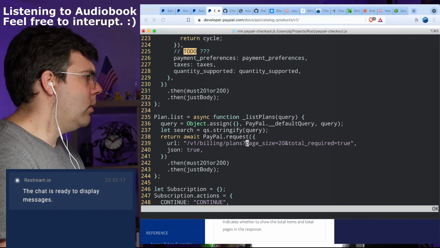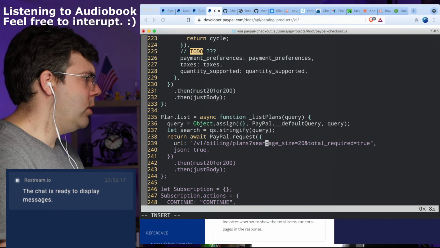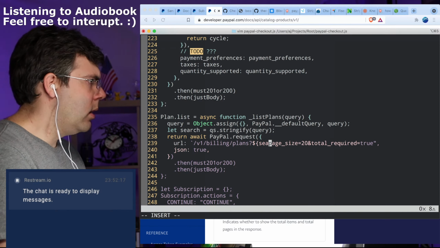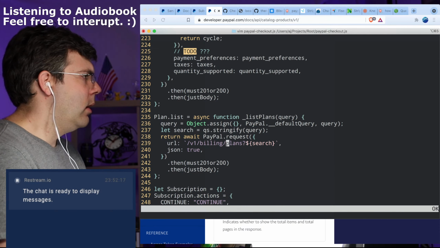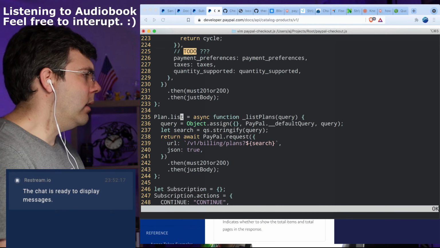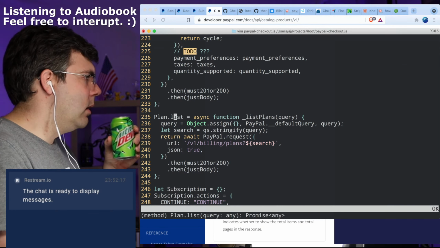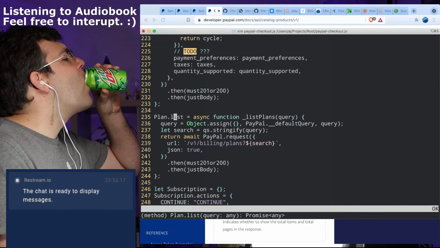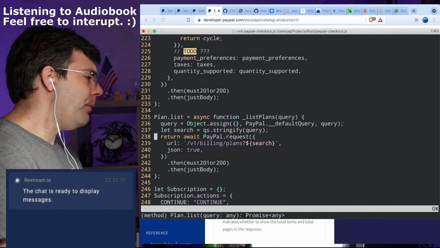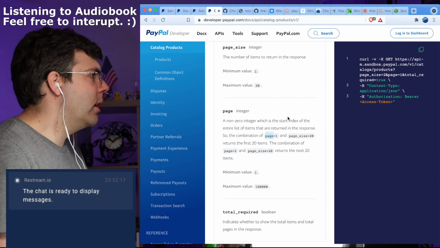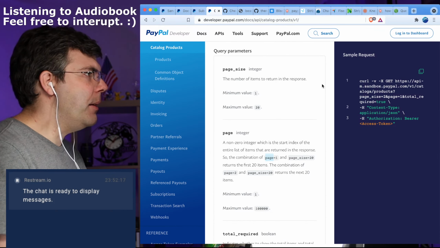And then I do want to put in paging, as it were. Well, I guess what I really want is an all function. So a plan.list and a plan.all, and plan.all would just iterate until it gets up to the total amount. Because I am going to need that. And I'm going to need the delete. Let me go check what the delete is. It's probably just delete and then the ID.